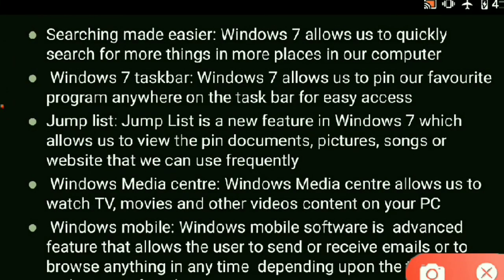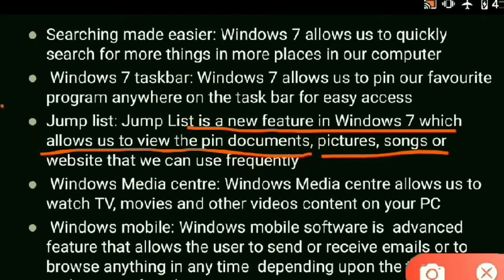Jump list is a new feature in Windows 7 which allows you to view the pinned documents, pictures, sounds, and websites that you use frequently. It allows you to quickly open the recently used things.